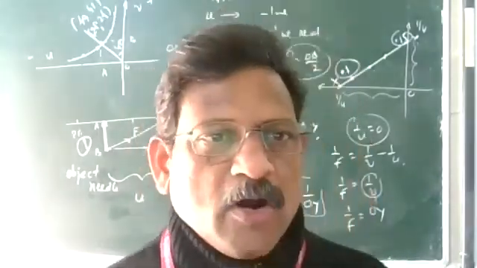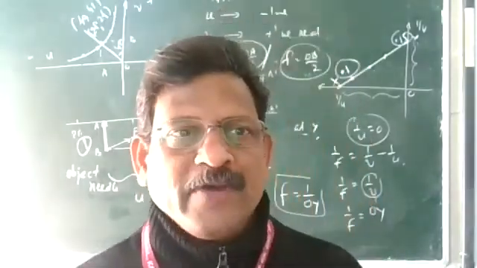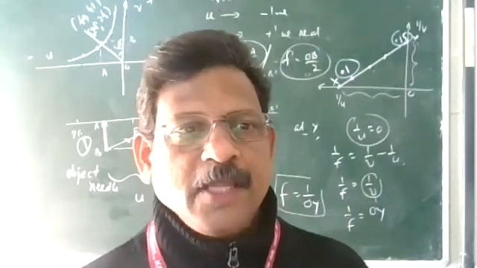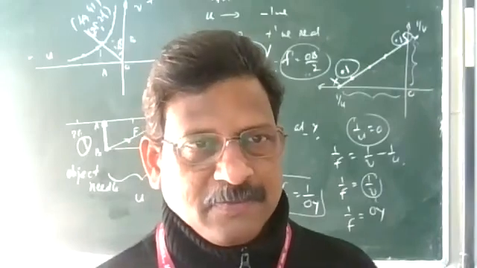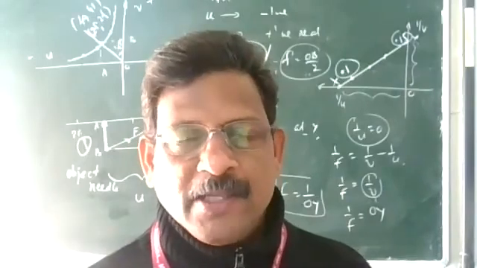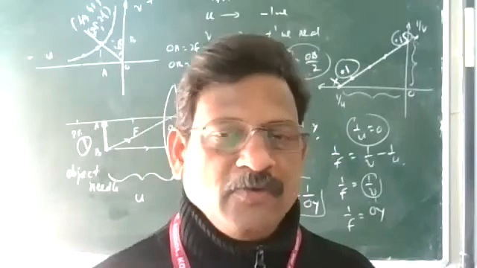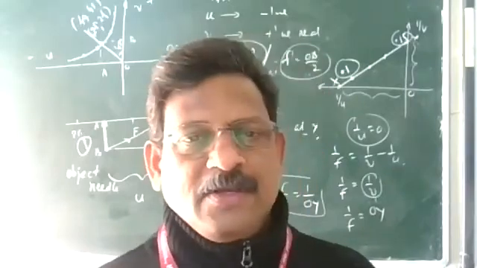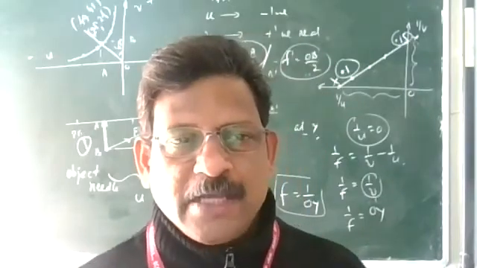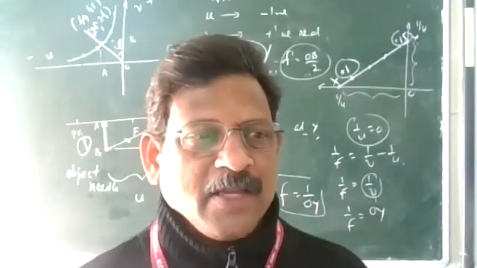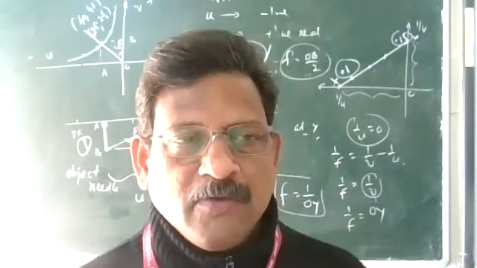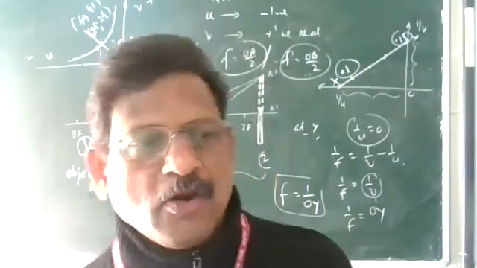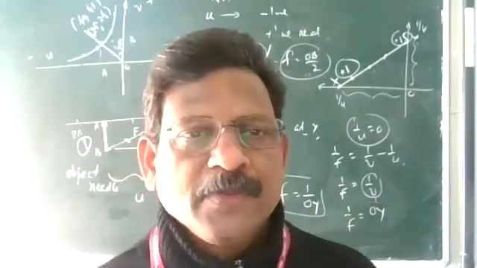After this convex lens, we'll perform the convex mirror. That is already there in the theory: combination of mirror and lens. The image formed by the one will act as an object for the next one, and the next one uses that virtual object and finds its final image. So that is finding the focal length of a convex mirror by using a convex lens. Still, the convex lens is there that we can use.